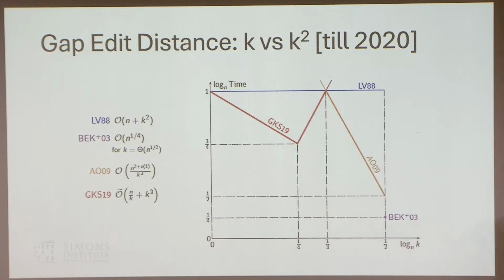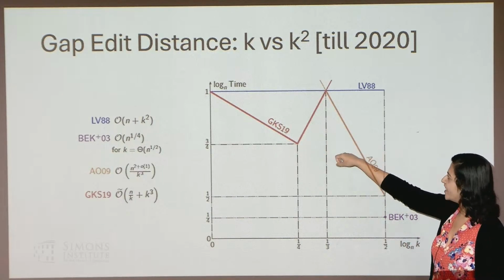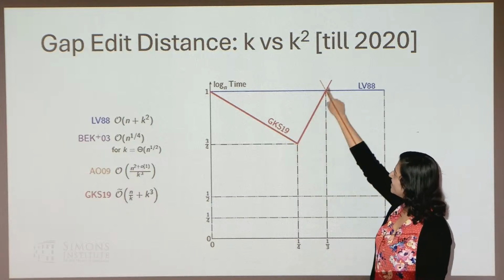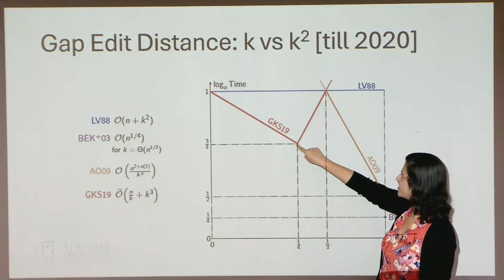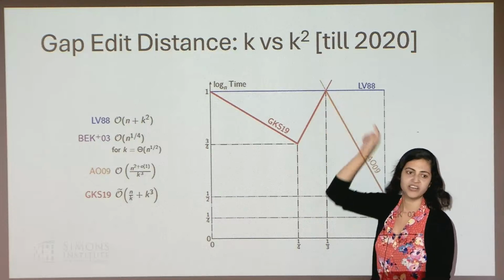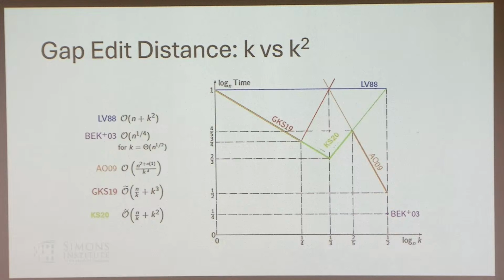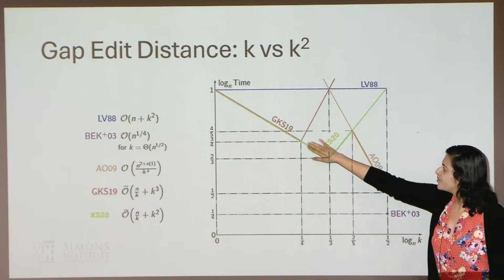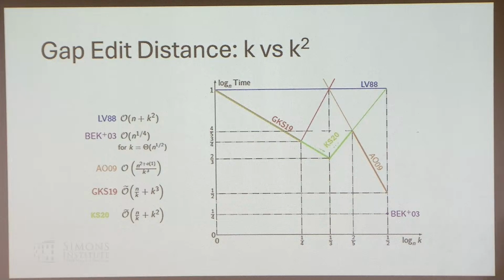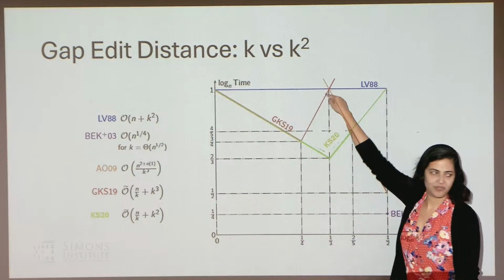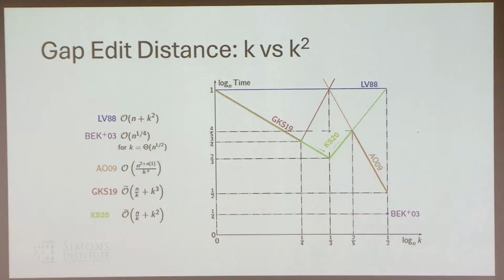This is the first result from 2019, which uses adaptivity, and you see there is a point where it's minimum and then it's going up because of the polynomial dependency on k. So that's why you see this kind of trend. This is the 2020 result, which improved beyond that, and now we have a different point, which is minimum. Before, that point happened to be the maximum. So this was the status of gap edit distance in 2020, and after that there were a few